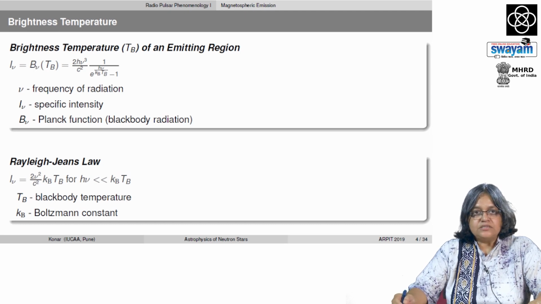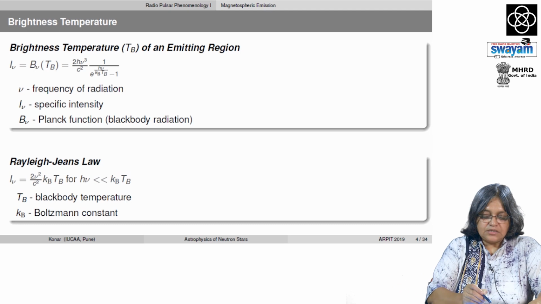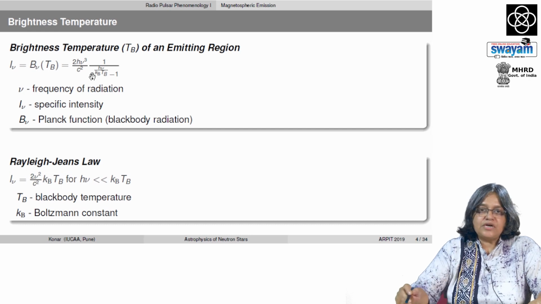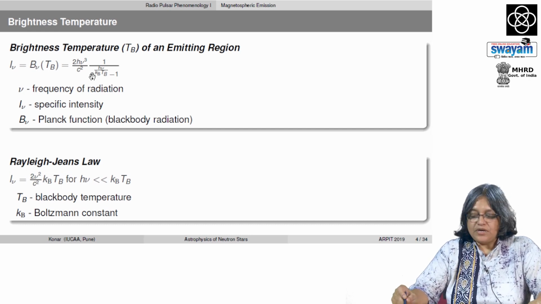So, in other words, we would equate this I omega, which is our observed intensity, to the Planck function, which is given by this well known formula,